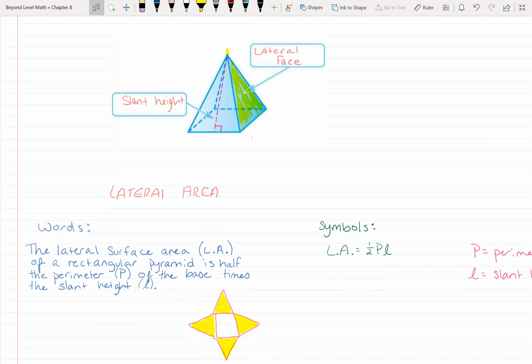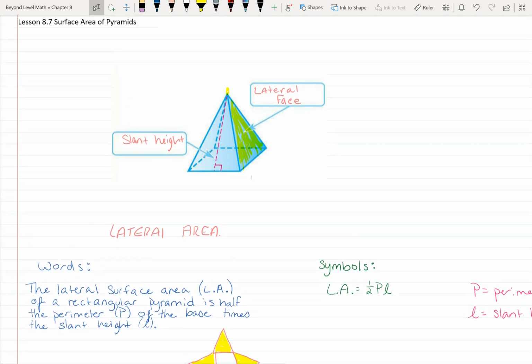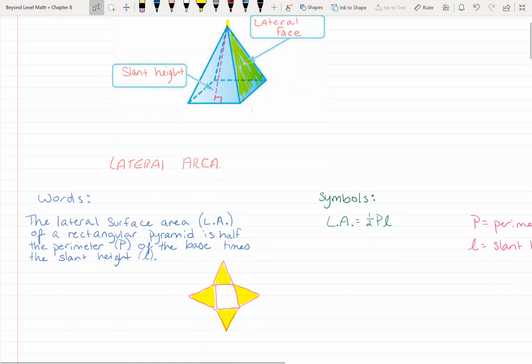So to find the surface area, if we just think about it realistically, without any math related, we should find the area of the base, find the area of each lateral face. So in this case, there are 4 triangles, right? 4 lateral faces, and then add them all together. So that's what we're going to do. However, I'm going to show you the background as to why we use